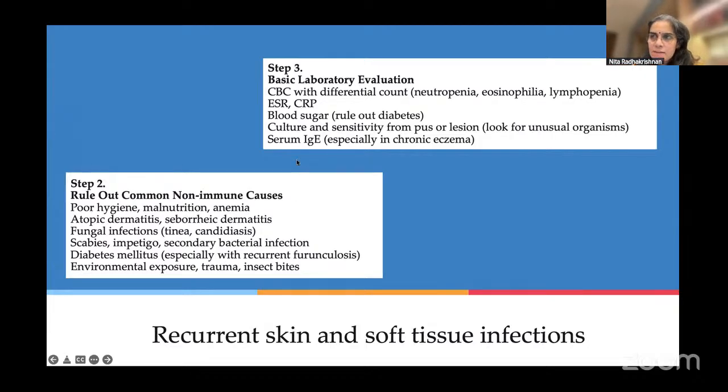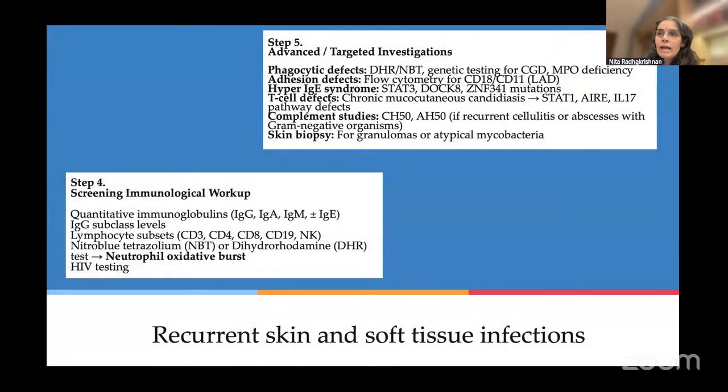General evaluation steps are similar. It's just that here, you should think about the phagocytic group of disorders a little earlier. Rule out all chronic conditions, as in secondary conditions. And many a time it is not infection at all. It could be neutrophilic dermatosis. You're seeing recurrent infections on the chest and the legs, recurrent pustules. But when you look at it, it could be a sterile abscess with nothing else in it, so it is a neutrophilic disorder causing this neutrophilic dermatosis. The tests are again similar.